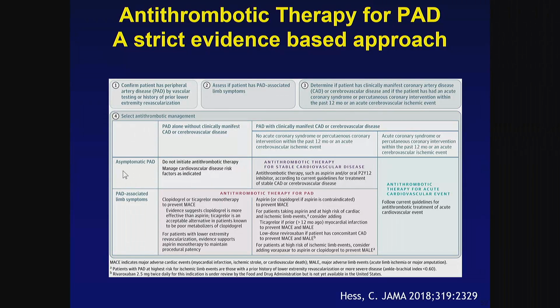However, even if asymptomatic PAD is present, if the patients are asymptomatic as far as peripheral artery disease is concerned, the presence of any additional coronary or cerebrovascular disease manifestation would, of course, support the use of antiplatelet